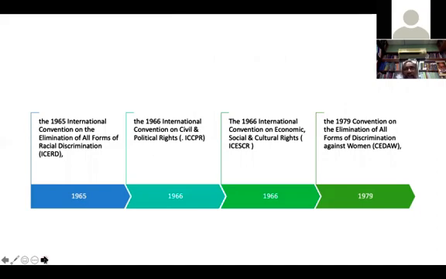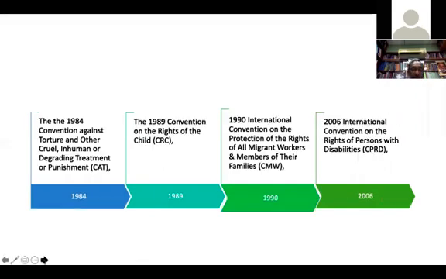What are the treaties? You have the one on racial discrimination of 1965. You have the Civil and Political Rights of 66, the Socio-Economic Cultural Rights Convention of 66, the CEDAW of 1979, the CAT, Convention Against Torture, that is CAT. When we use this word, you must be wondering, where is this CAT coming from? Of 1984, the Convention on the Rights of the Child, you remember it was referred to, of 1989, the Convention